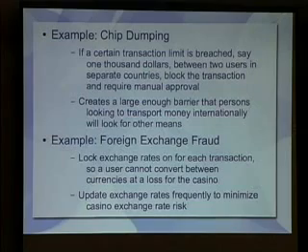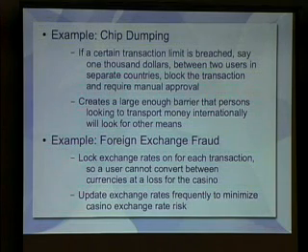Then another example, chip dumping. The rules I came up with here were pretty simple. You set a transactional limit. You don't allow over a certain amount to be moved between countries, and you have to manually approve the process. I'm sure there's probably simple ways to break that too, but